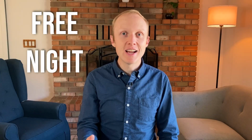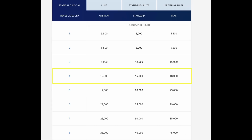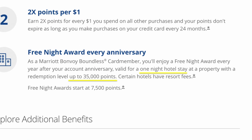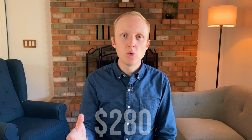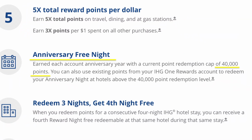Moving on to another exciting feature of these credit cards, we're going to look at the free night that comes with these cards. Each anniversary year, the World of Hyatt credit card comes with a category 1 to 4 free night certificate. If you used this at a category 4 Hyatt property with standard pricing, you'd save about 15,000 Hyatt points, which is around $300 in value. The Marriott Bonvoy Boundless comes with a 35,000 point free night certificate, and 35,000 Marriott points is about $280 in value. The IHG Premier comes with a 40,000 point anniversary free night certificate, and that's worth about $200 in value,